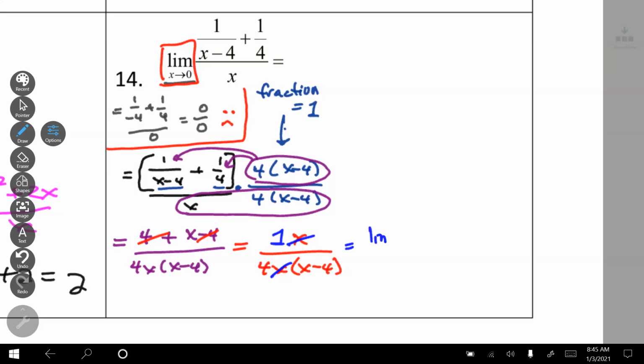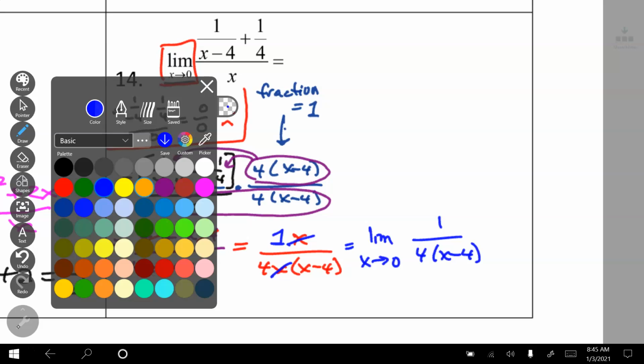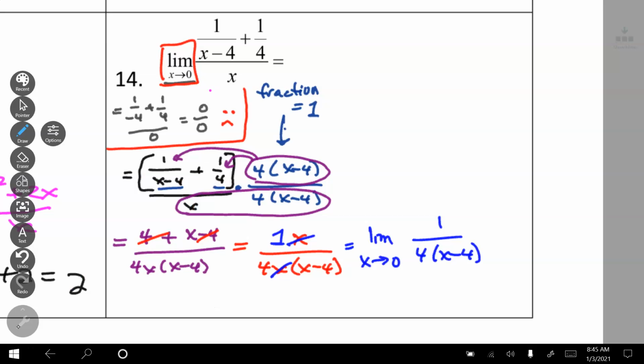So right now I have the limit as x goes to 0 of 1 over 4x minus 4. And when I plug in 0, I get 1 over 4 times negative 4, or negative 1 over 16. So this whole limit is equal to negative 1/16. Okay,